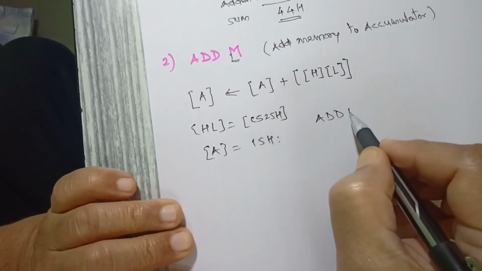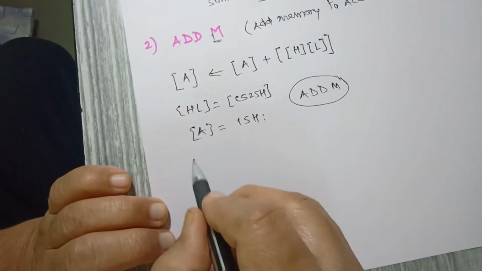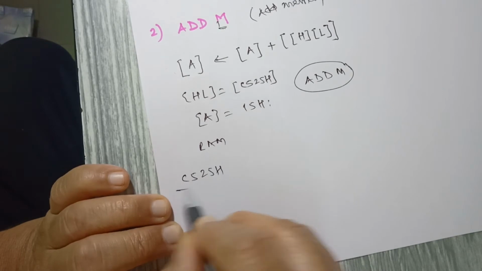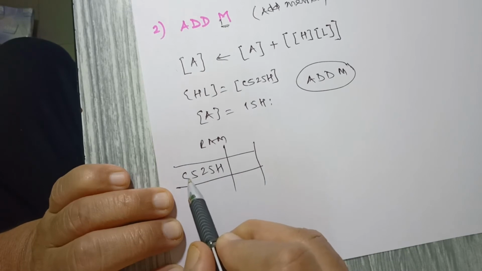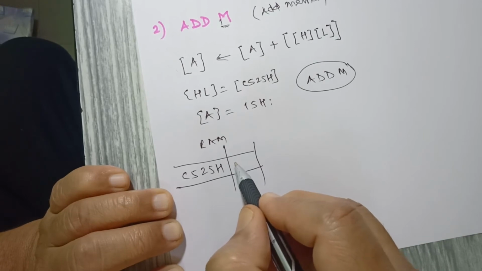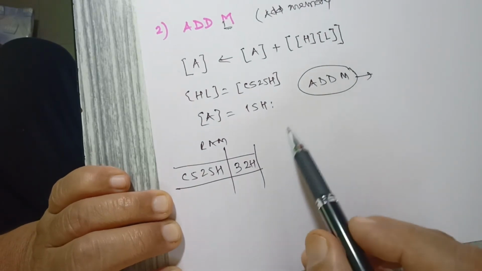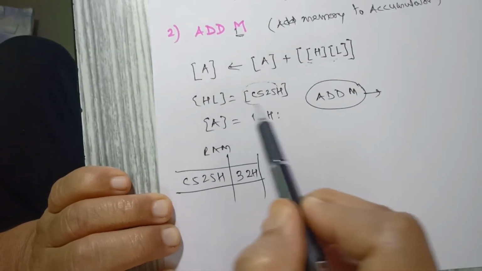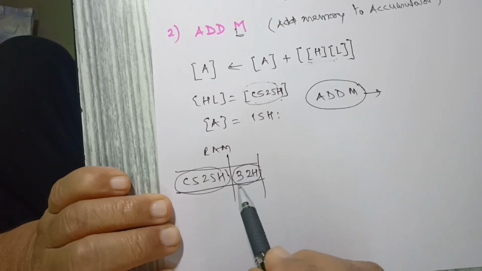So with this instruction what will happen, and in memory you need to consider what is there in that particular location. Memory location जिसका एड्रेस C525 है उसमें क्या है, you need to consider it, say 32H hex. So after executing this instruction, see that the content of the memory location pointed to by the HL pair. HL is pointing now to C525. This is C525 which has data of 32.